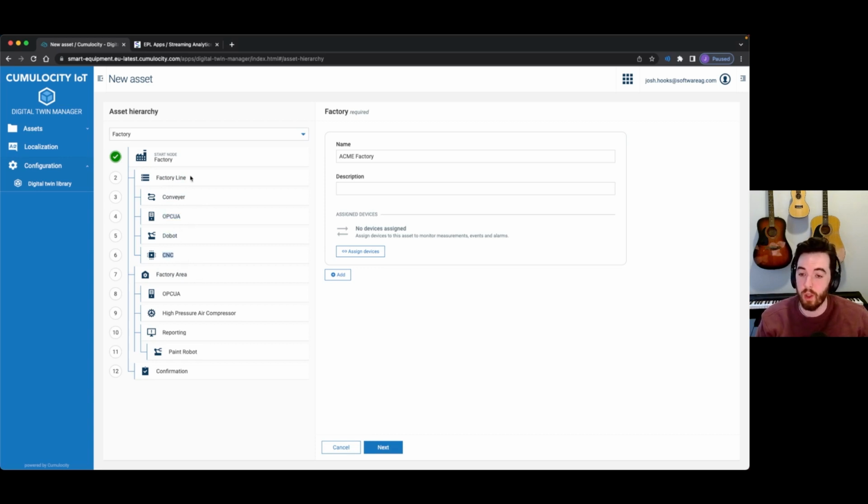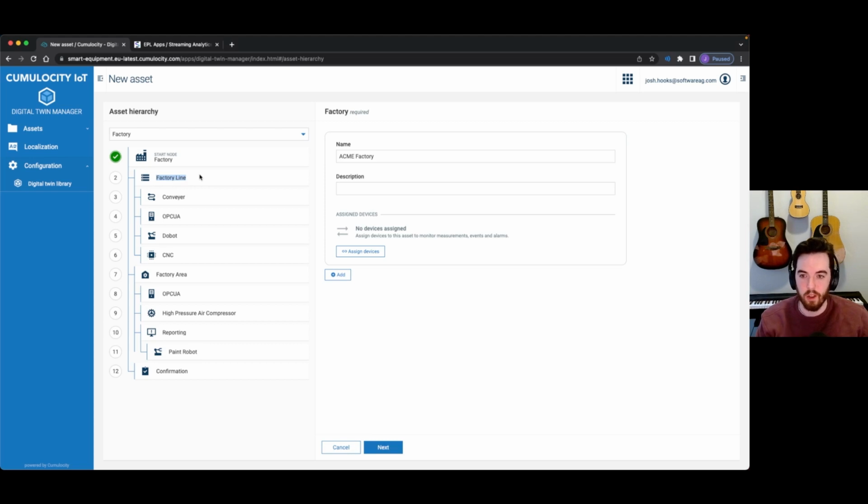You can set this up really however you want and inherit different numbers of the conveyor belts or different number of devices and assets within each of these lines. And in this case, I'm just going to focus on the conveyor belts. So in this case, I might have 5 conveyor belts within a single line, but I want to see the average rotational speed of those conveyor belts, not on the conveyor belt level, but on the line level. That way, on that factory line, I can create a dashboard that shows me all the information I need in